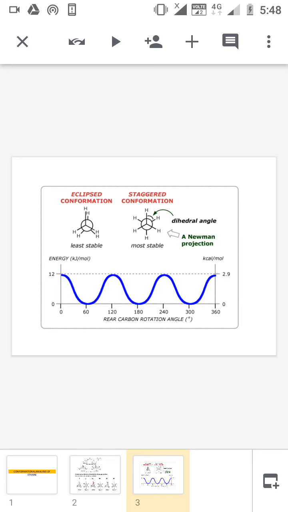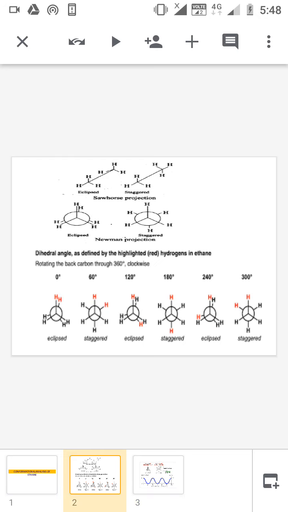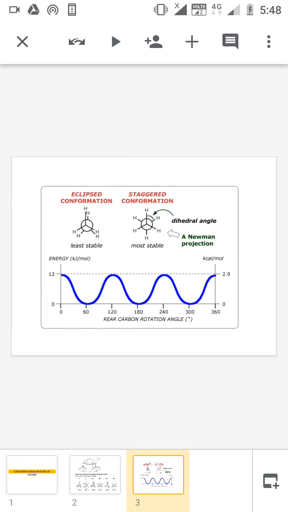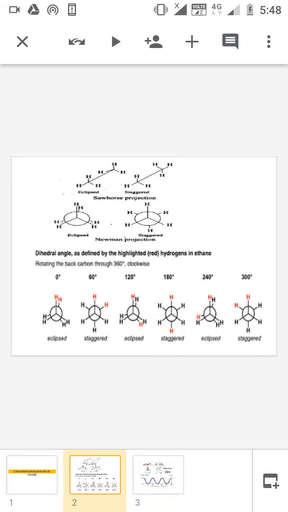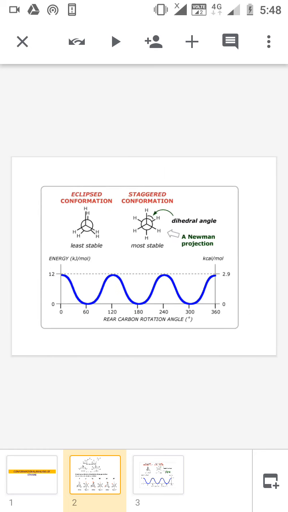at 0 degree rotation, the molecule exists in the eclipsed conformation. Eclipsed conformations have the higher energy, so we have to draw at maximum height on the y-axis. And then if you rotate by 60 degrees, we will get a staggered conformation. The staggered conformation has the least energy, so we draw downward and touch the x-axis. Again, if you rotate by 60 degrees, we will get the eclipsed conformation, so we draw the energy level upward. Okay, so likewise